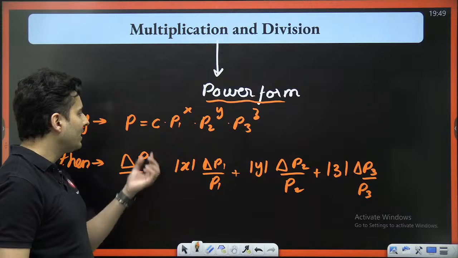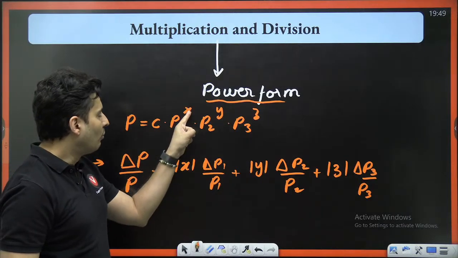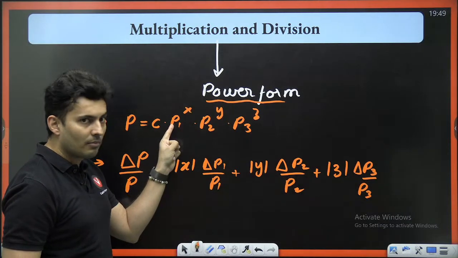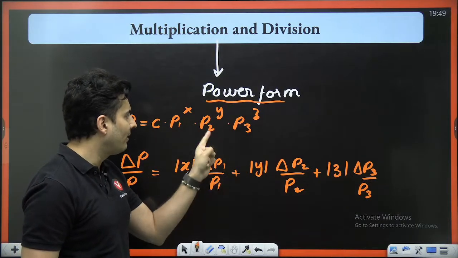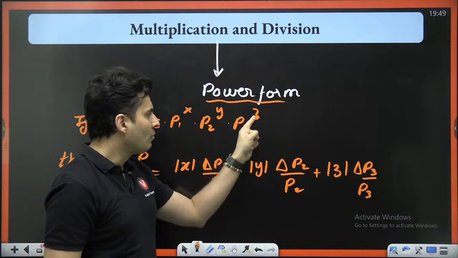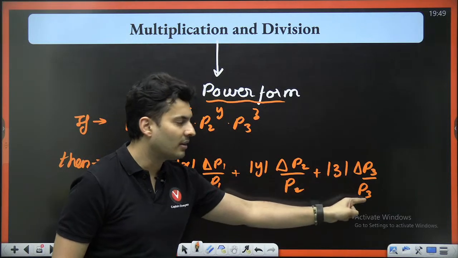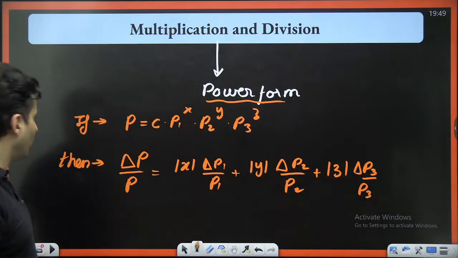Relative error of p, forget the constant, is modulus of the power times the quantity's relative error, modulus of the power times the quantity's relative error, and so on. Meaning over here,